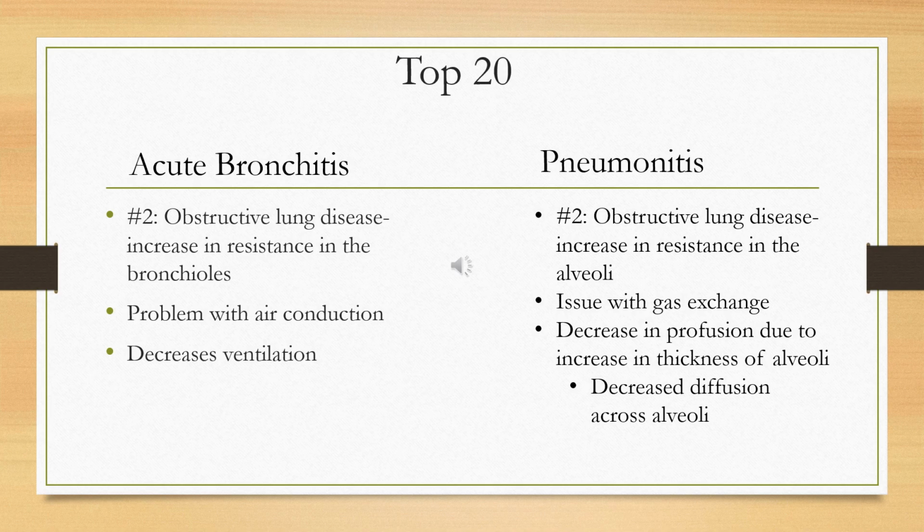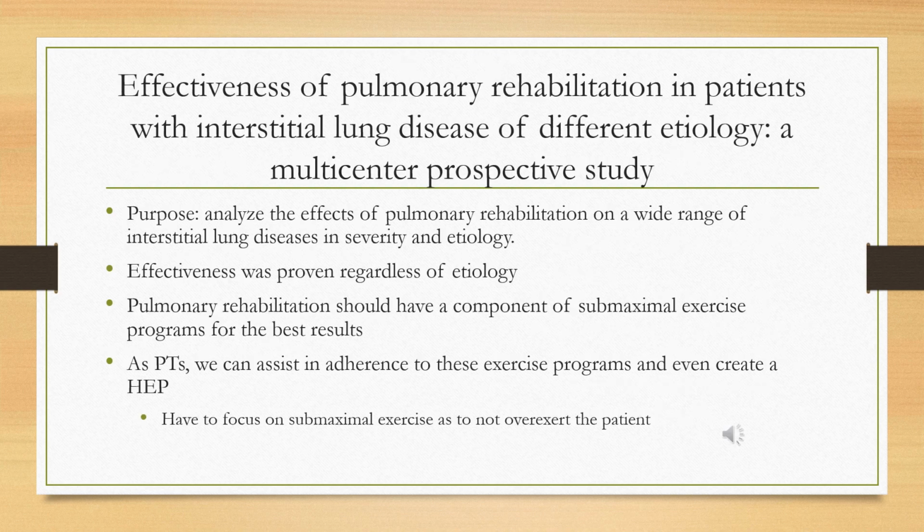So when it comes to the top 20, both of these have to do with the obstructive lung disease section. For bronchitis, it's really an increase in resistance of the bronchioles, which causes a lack of air conduction, which decreases ventilation just due to that inflammation, which is